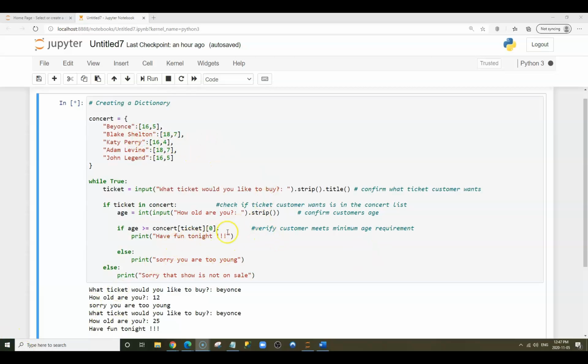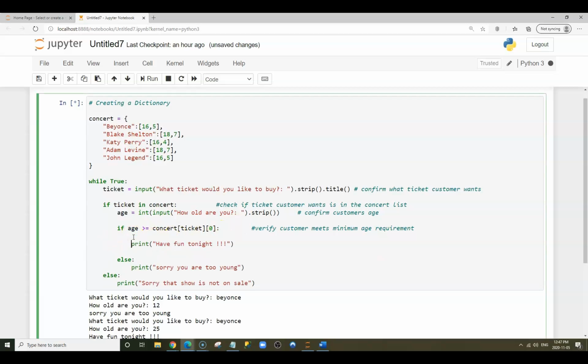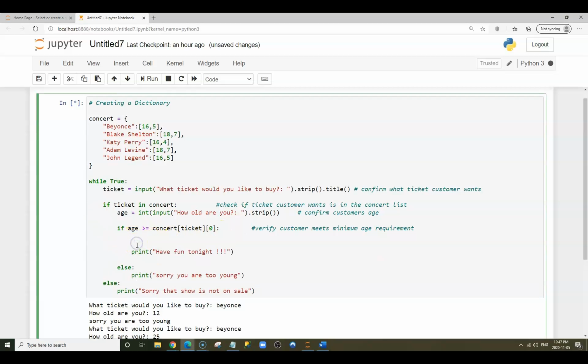For that, we'll have another if statement. I'm going to tap down here. So say if